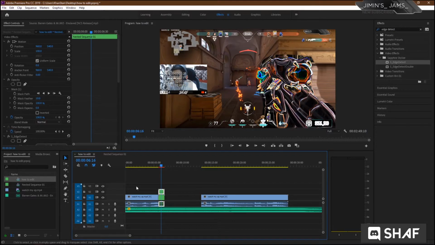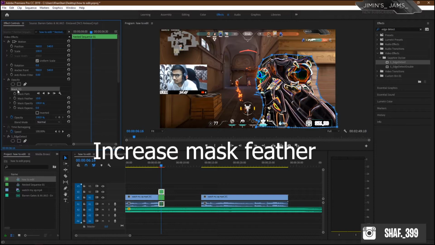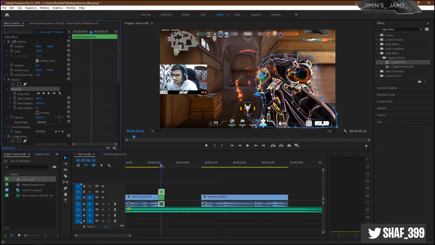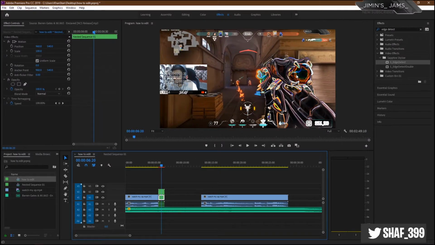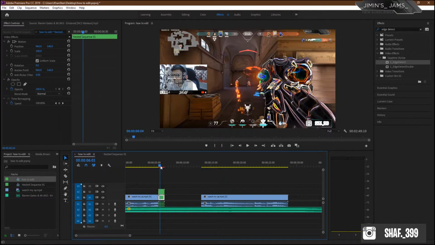So select the video, go to mask 1 and increase the mask opacity till you find it okay. You see what is happening. Before, the clip was like this and now it is like this. Mask feather is around 100. Now look, it is perfectly synced and perfectly masked on the gun.